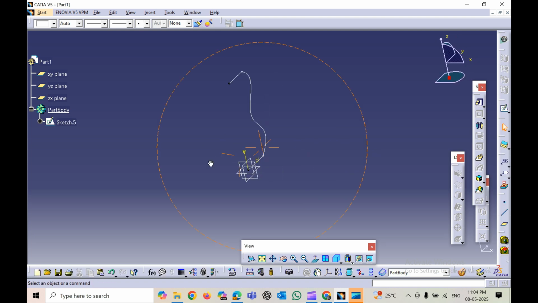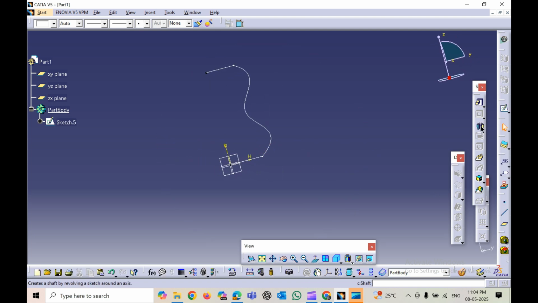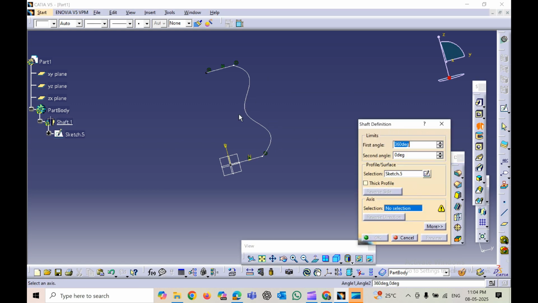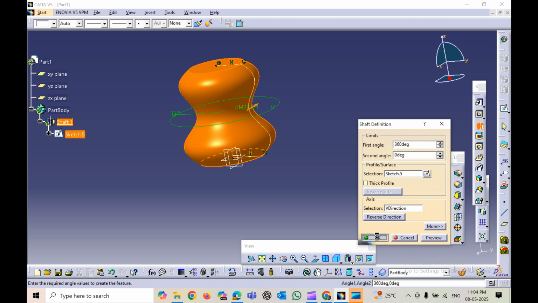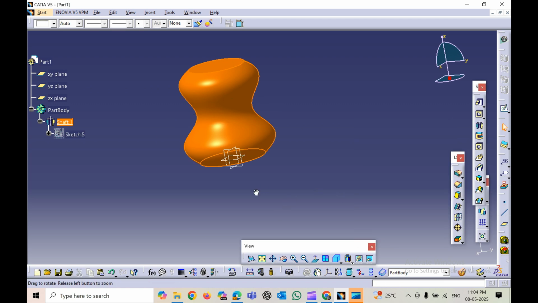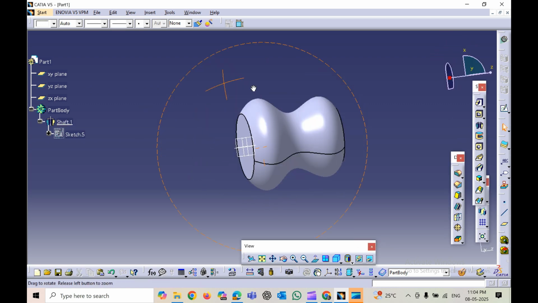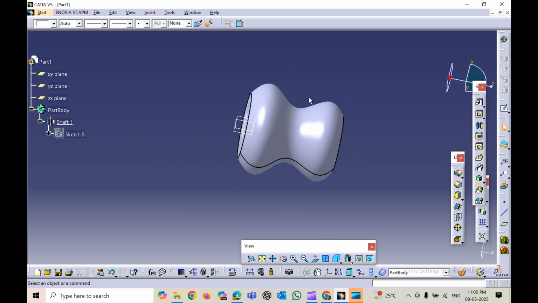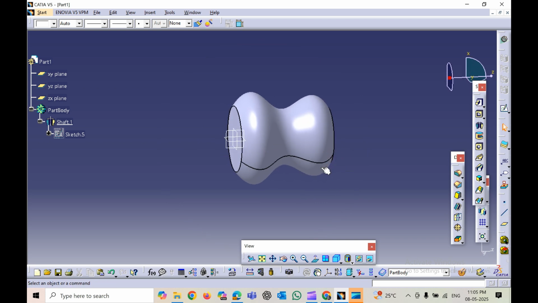I've created the half of the profile, and now I'll use the shaft command to revolve this profile and make it solid. So selected, and the axis of rotation would be this. And you can see here a smooth contour surface has been created. So now